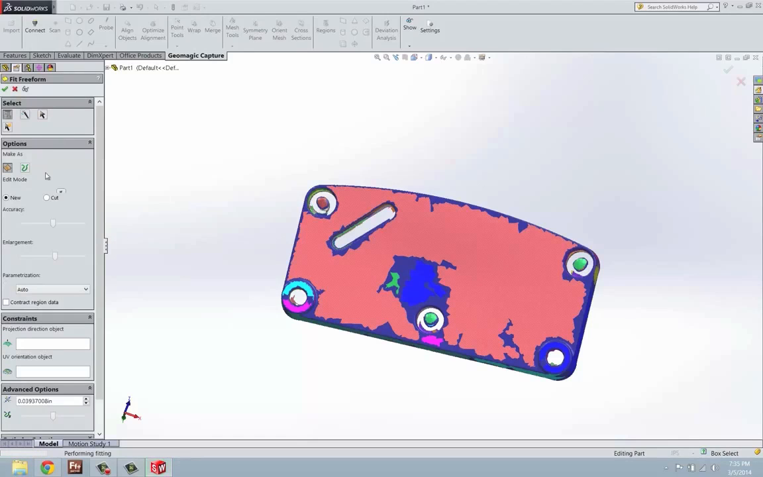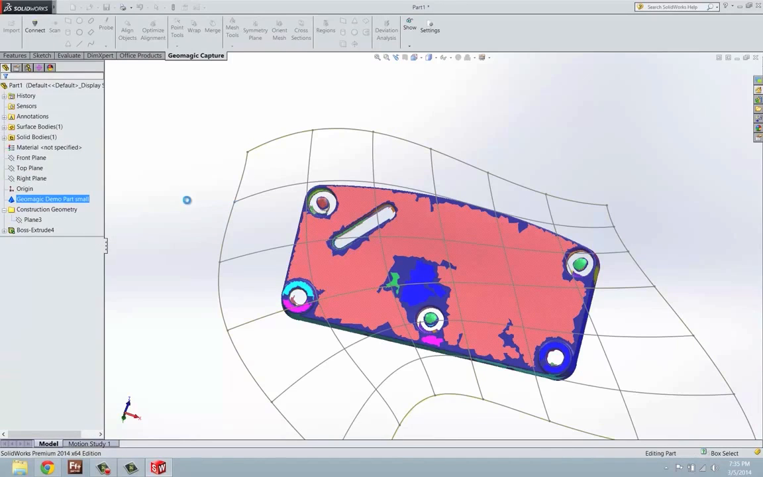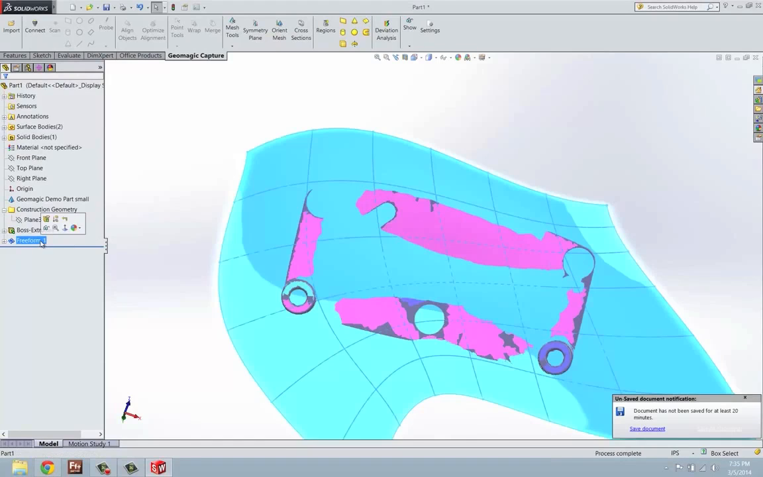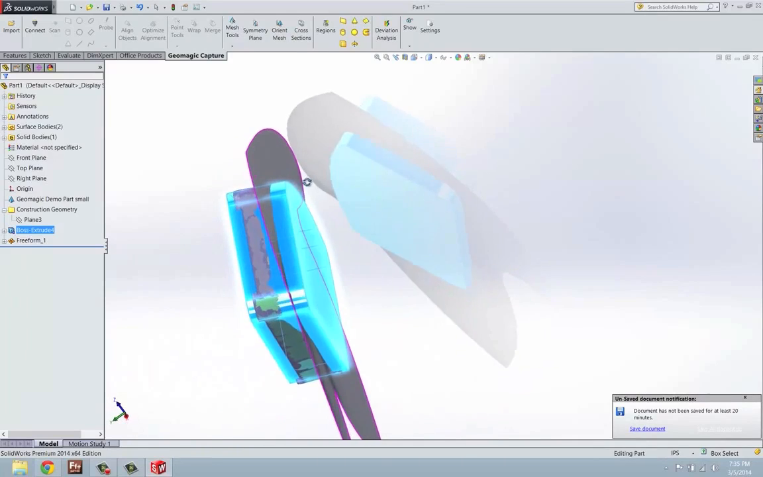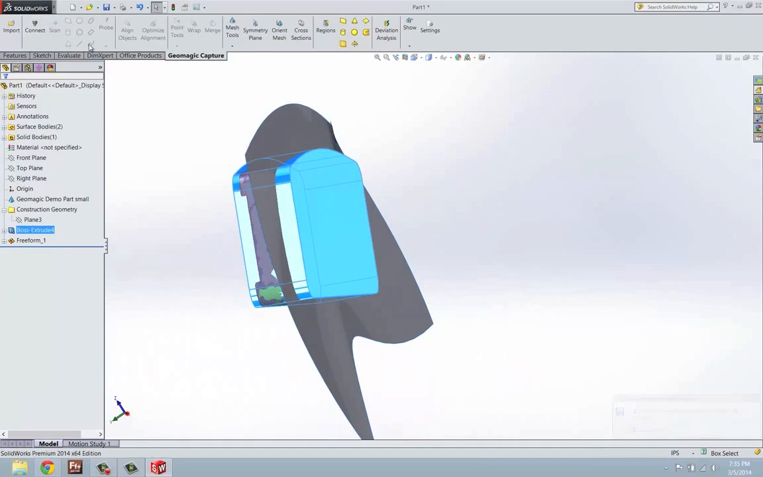So the next thing we have is our accuracy. Then we also have enlargement. Enlargement's really useful, especially if you're familiar with doing Boolean cuts inside of SolidWorks. You need some extra play around the outside to be able to get everything to work correctly. So that's what that enlargement tool is used for. Once we do that, it'll go ahead and build us out a freeform surface. When we press our checkbox, and then now if we show our main body, we can come in and